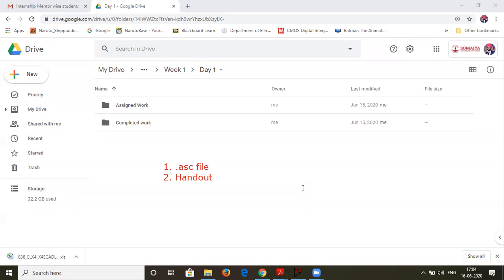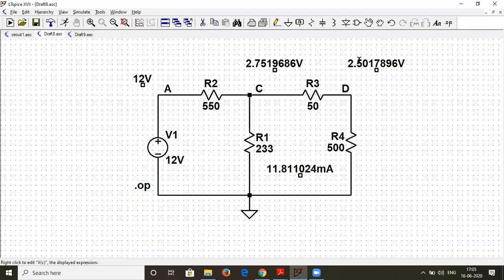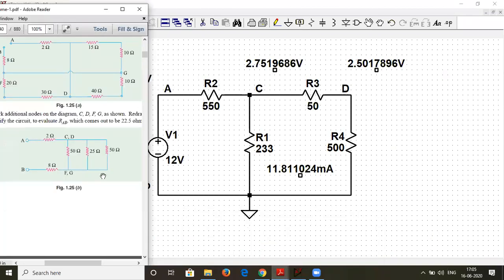At the end, you need to compare the simulated values, and you need to compare the values which you got over here. So like this. So these are the values which you have got. Let me just turn off the annotation. Yeah. So these are the values which you might have got from the simulation. So these are the simulated values, and the theoretical values you might get from your solved numerical over here. So at the end, you have to create the table of the parameters, the theoretical values, and the simulated values. So that's how you need to upload your work.